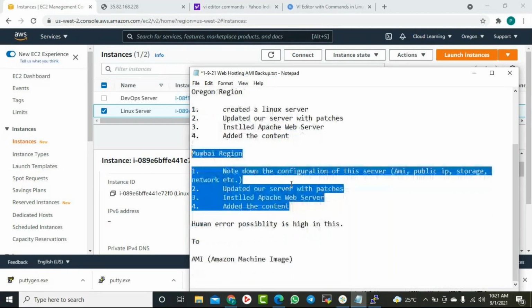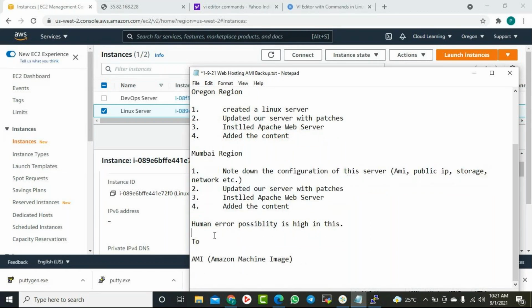To avoid this, we can create an image. What will the image do?